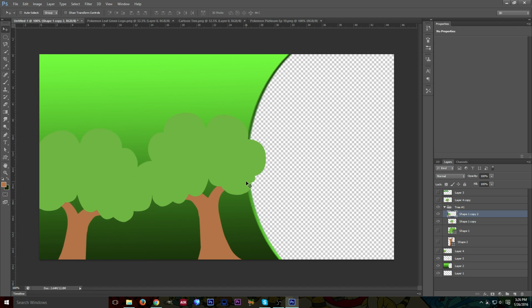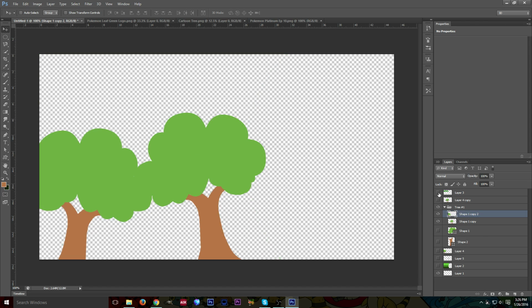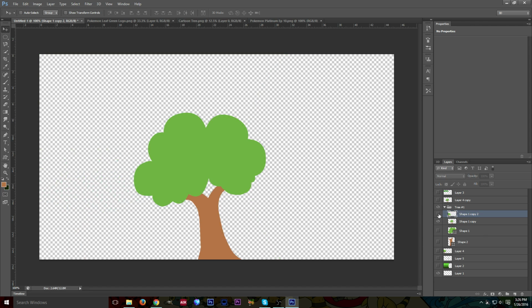Now again, this tree is going to look very bland because it's two solid colors on top of each other, and there's not really much there. So what you're going to want to do is go to this. I'm going to hide everything else on here so far, even this one right here. I probably shouldn't have copied it, but I'll be doing that later. No, sorry, I'm on the wrong layer. Then I'm going to click the magic wand tool over here and select the green area right here. Make sure that your tolerance is on a decent setting. I'm going to have mine on 50 right now because